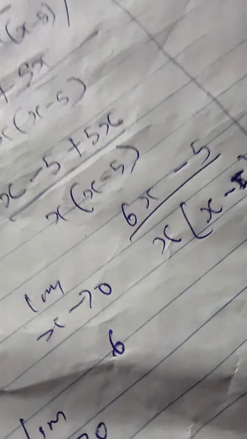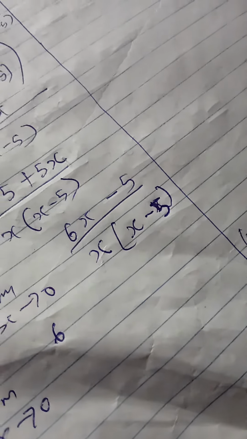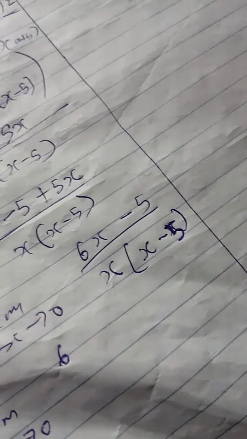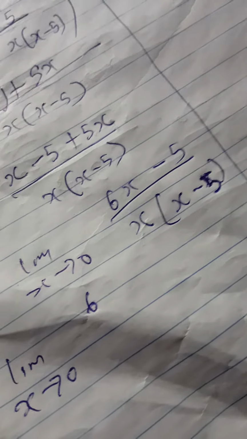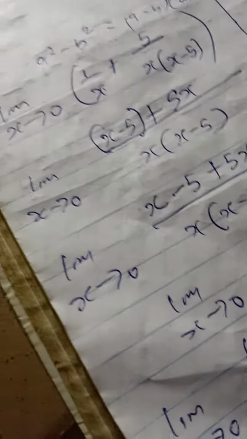I'm trying to think of something, but since the thought cannot come as soon as possible, maybe I'm not seeing it. And the way I'm looking at it, there seems to be nothing easy there. So I think it's better, because of our time, let me just use L'Hopital's rule. Since we stop here, if you put in your x directly, you are going to get 0 at the denominator. Now using L'Hopital's rule,